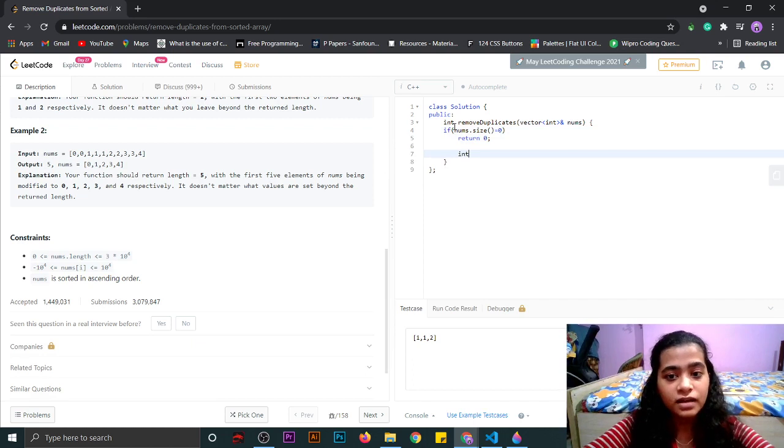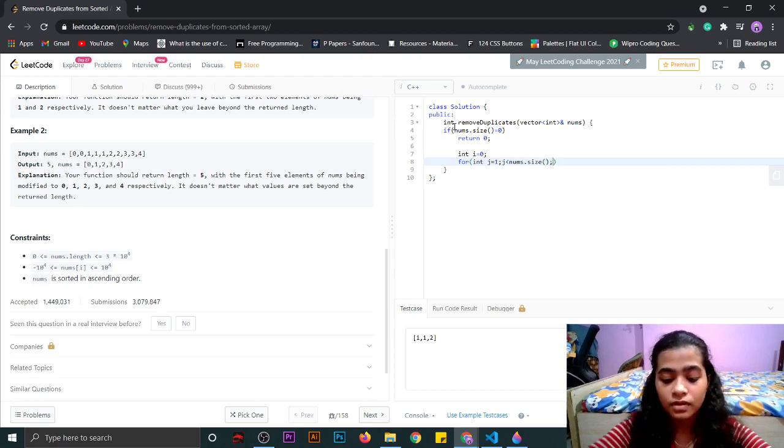Now we will take i as 0 and we will start j from 1 because we have to compare i and j. So j equal to 1 and j less than nums.size, j plus plus.